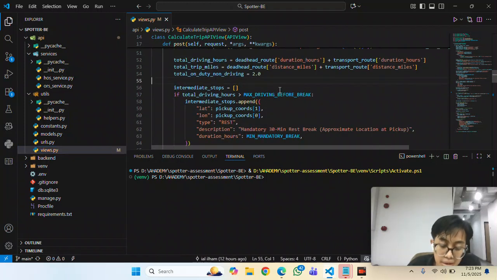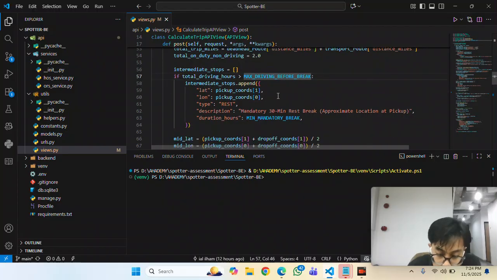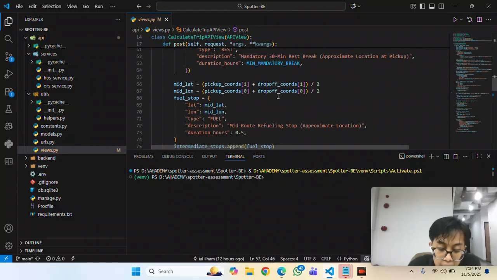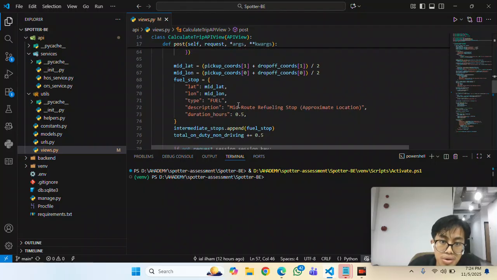After that, I make intermediate stops with values if total driving hours are more than the max driving before a break. We add an off-duty rest and automatically add a refueling stop mid-route.